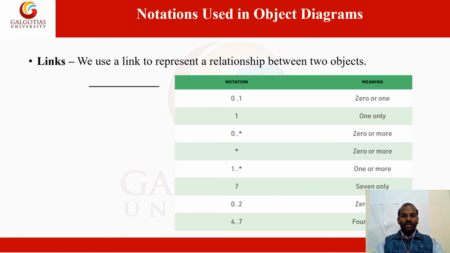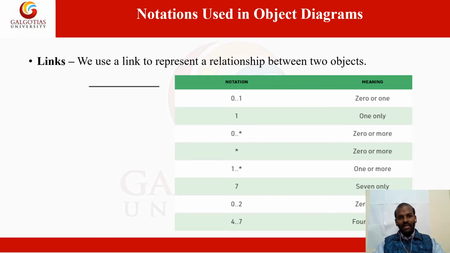And coming to the different notations that are going to be used, this is one kind of notation. We will call this topic multiplicity. Whenever we make any communication between two different objects or two different class diagrams, we have to mention the multiplicity concept. So how many times this communication will happen: either one to one, many to one, or one to many. So there are different kinds of multiplicity concepts.